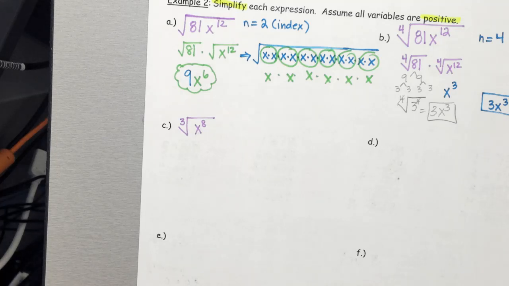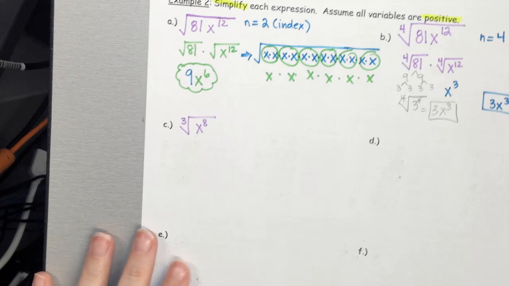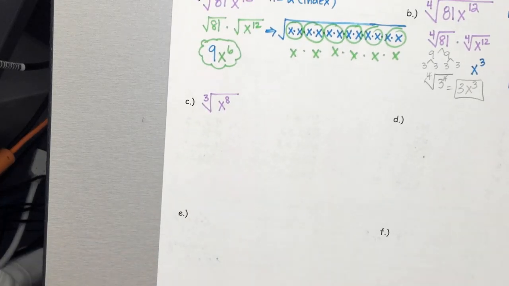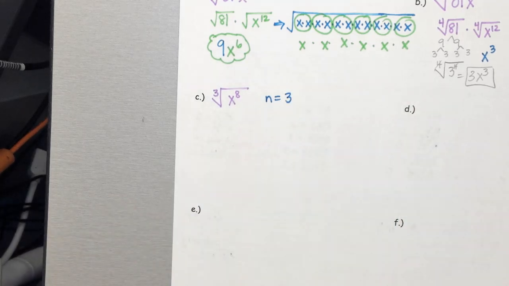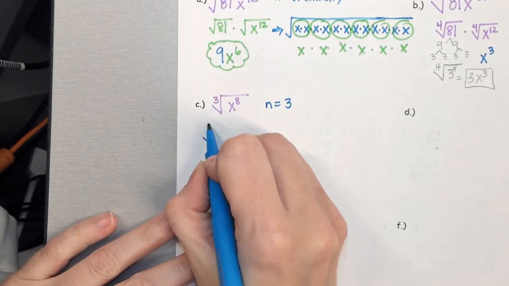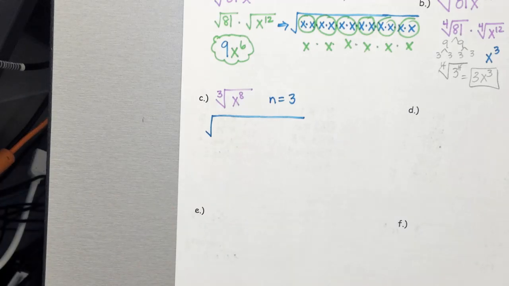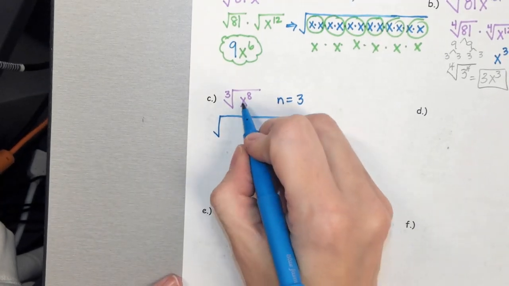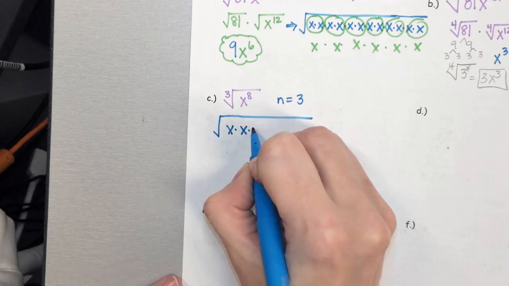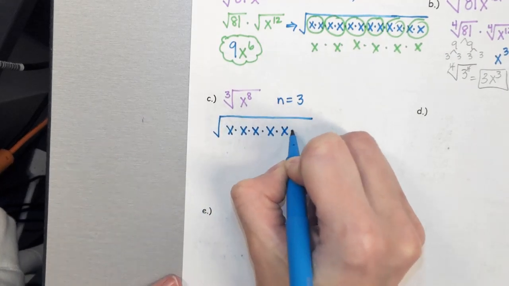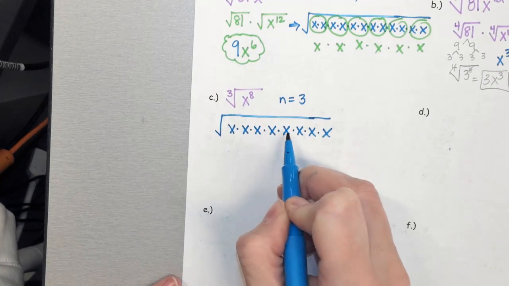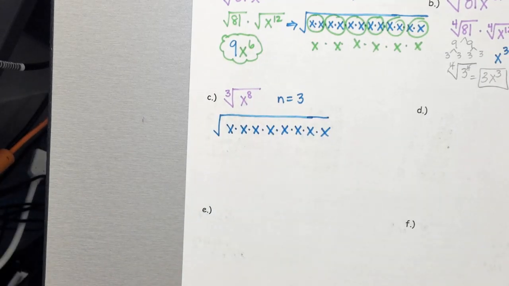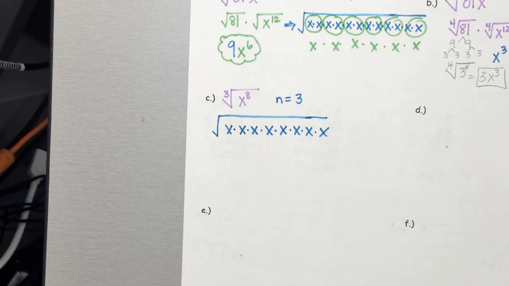Okay, and then feel free to do that if you feel like you know how to do that without me. I'm good with you trying some things. Okay, so your index is 3. If you're still feeling a little shaky, then I do encourage you to write this out visually so you can see what's happening. You know x to the 8th just means that you have 8 factors of x, right? 1, 2, 3, 4, 5, 6, 7, 8. Now, your index is 3, so you need a group of 3 in order to take it out of the